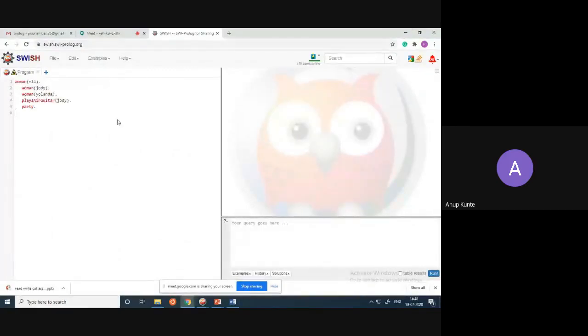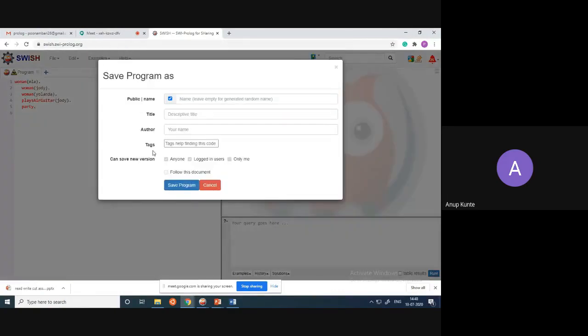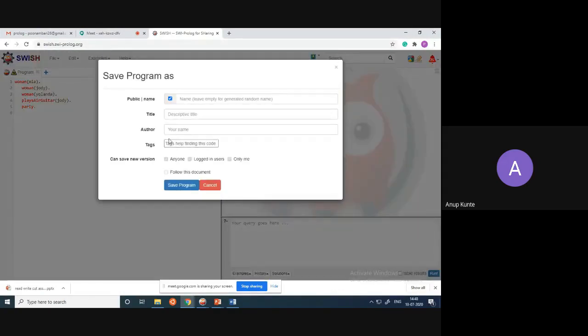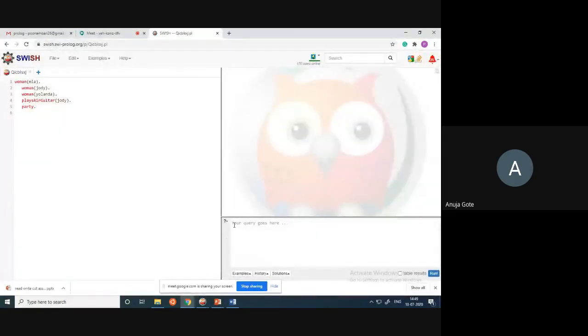There's a file option there besides the SWISH. Yeah, that file option. You can save it. And to query, you'll put your query there.